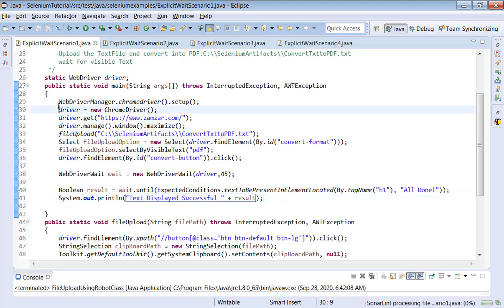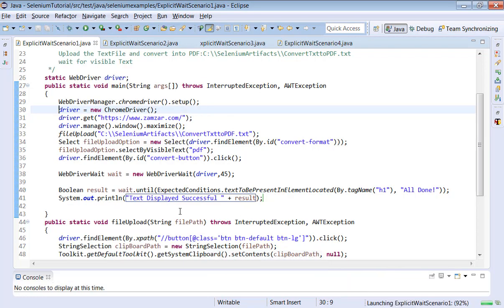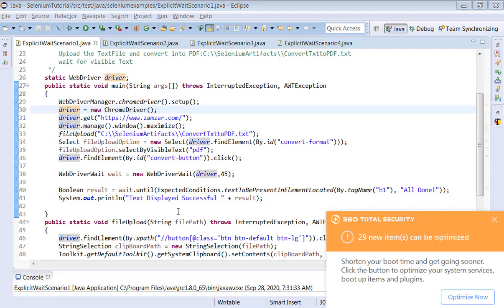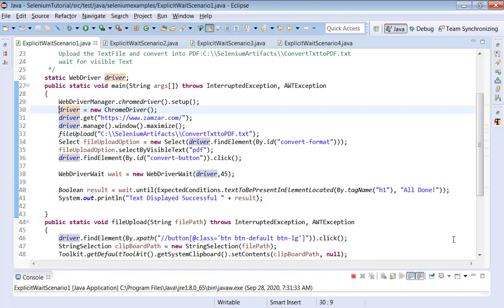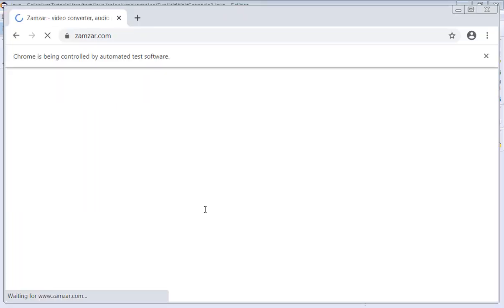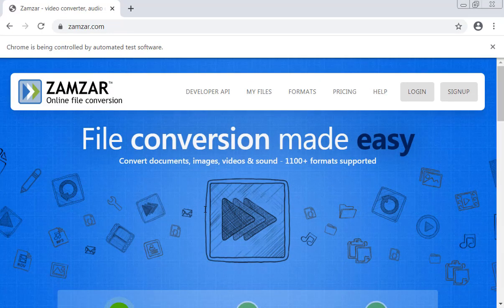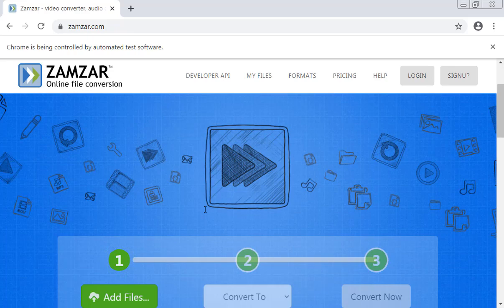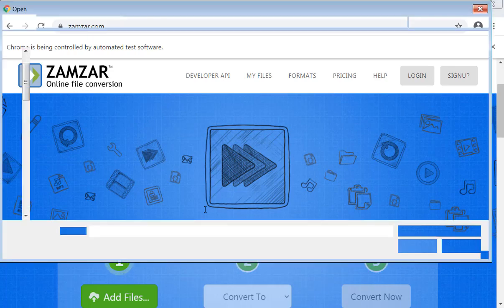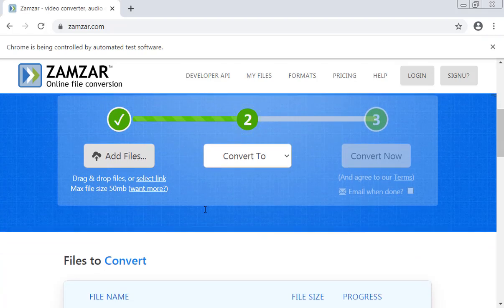Let me execute this program now to see the outcome. Run as Java application. Open the console now. Now the website is opened. It is selecting the file. File has been selected.